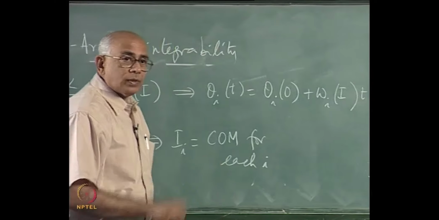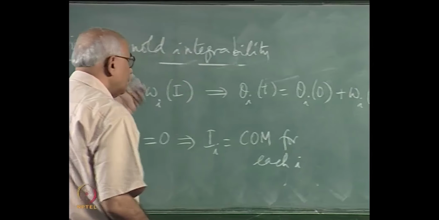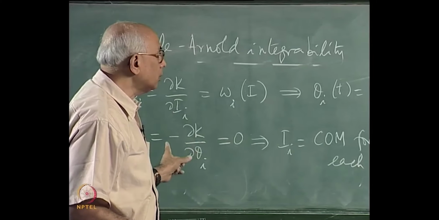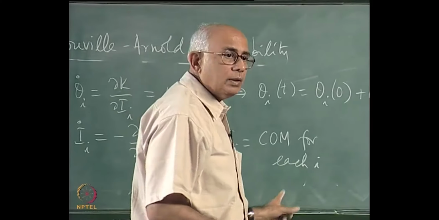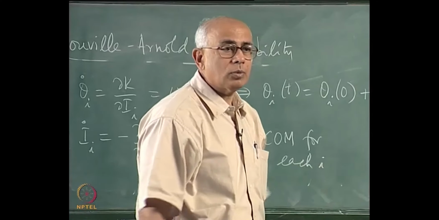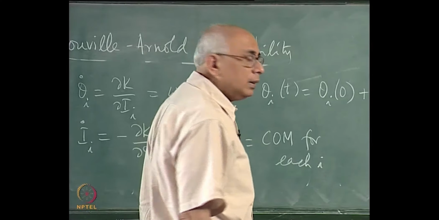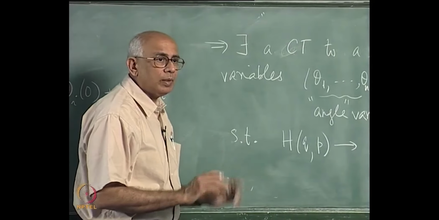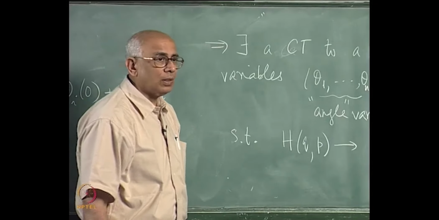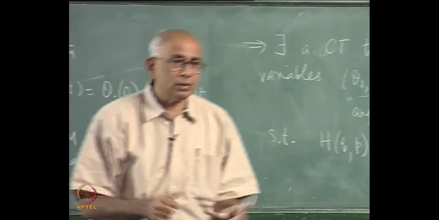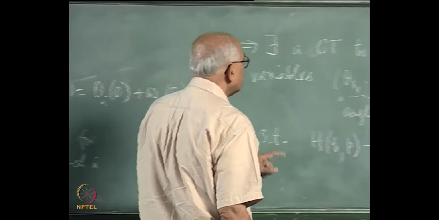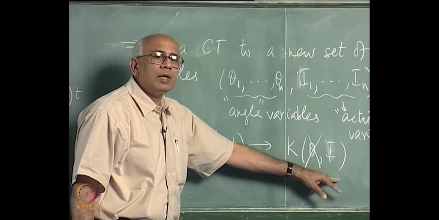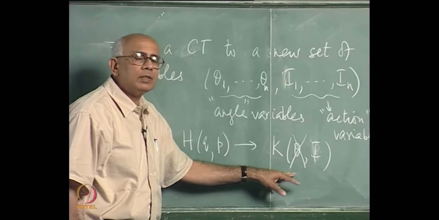Now let us take stock of this. What does this mean? Well, if that magic applies, if the Liouville-Arnold theorem applies, the criterion applies, and we are able to find these n constants of the motion in involution, then the assertion is that there exists a canonical transformation. It does not tell you how to find this canonical transformation, but you are assured that there exists such a transformation, such that the new Hamiltonian has only dependence on the action variables, and all the angle variables become cyclic